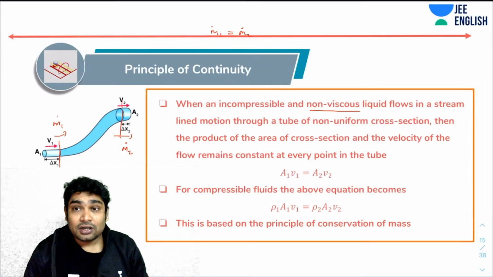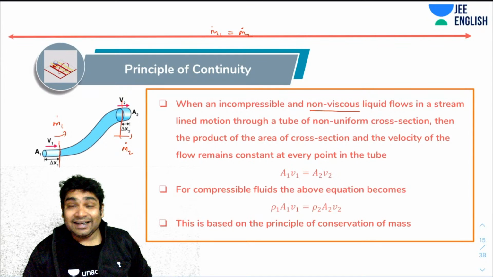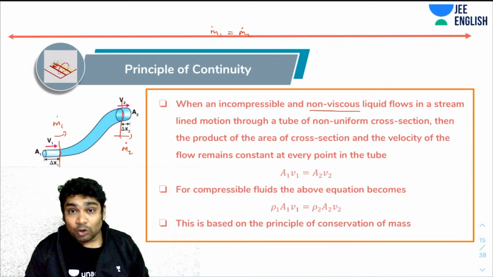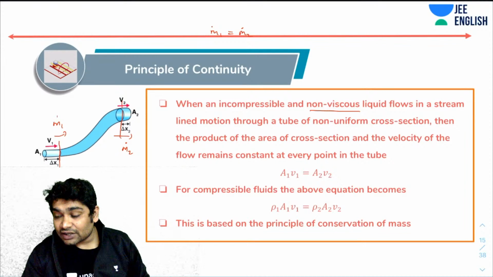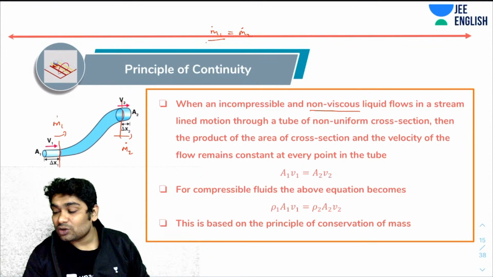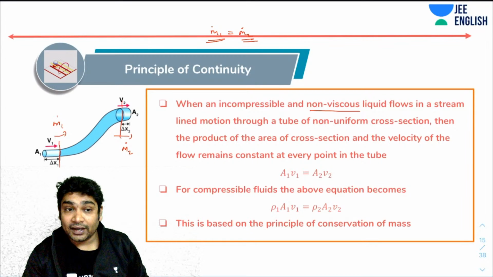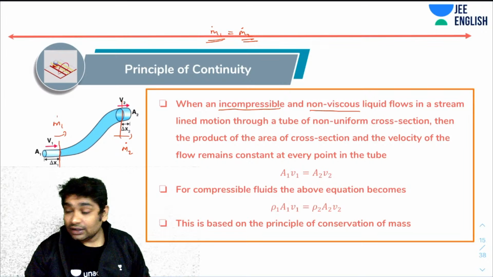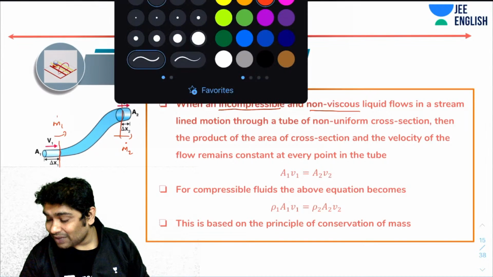Okay. So as I said, if an incompressible and non-viscous fluid flows in a streamlined motion through a tube of non-uniform cross-section, then the product of the area of cross-section and the velocity of the flow remains constant at every point in the tube. What do I mean by that? As I said, for any section, the amount of mass entering has to be the amount of mass leaving. Now, if the liquid is incompressible, which is the kind of liquid that we deal with, then this mass can be written as